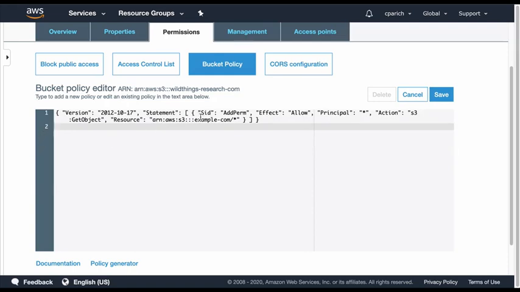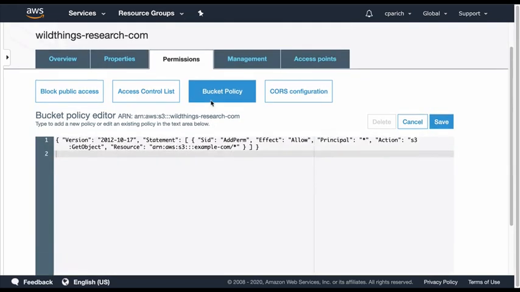Okay, so right now it says example-com. We need to get that updated because that's not correct. So we need to make sure that's hosted towards our website. So we could just actually copy this. And this needs to be the same as your bucket name. So as you can see,